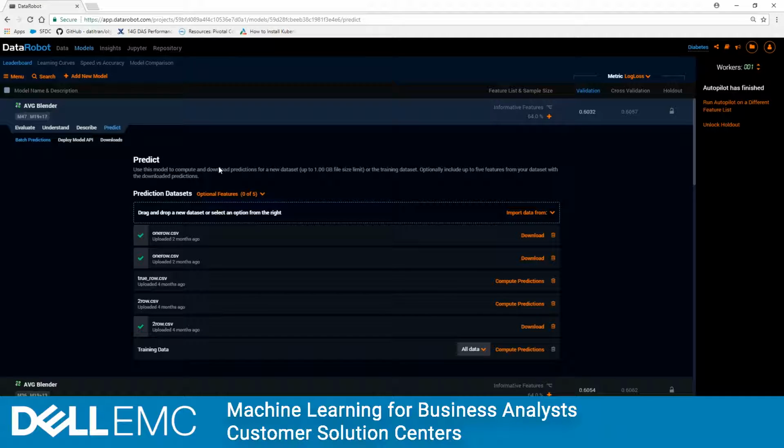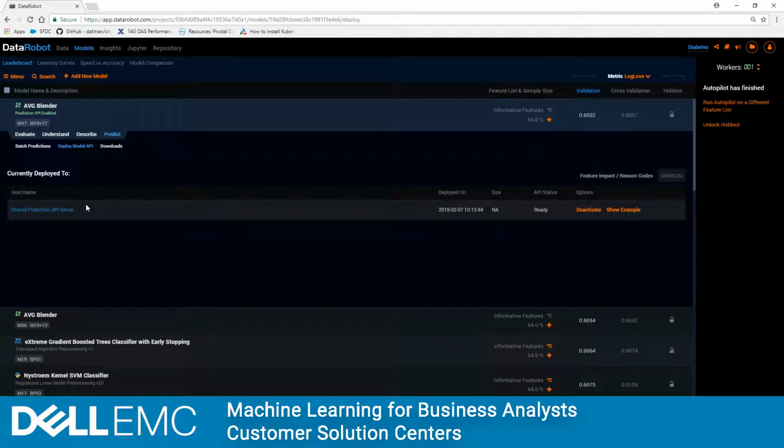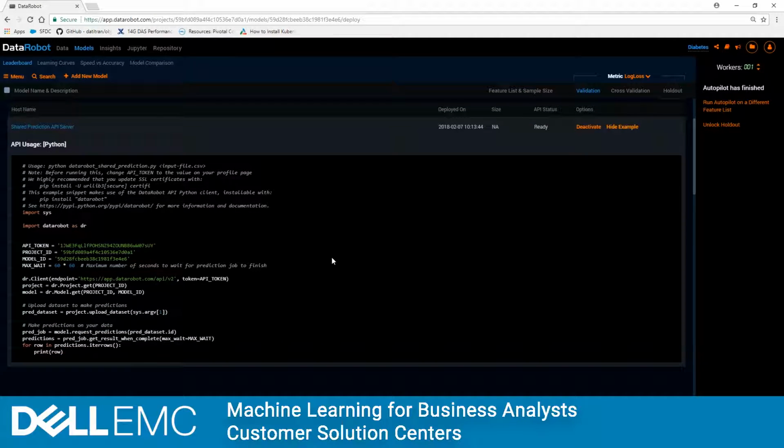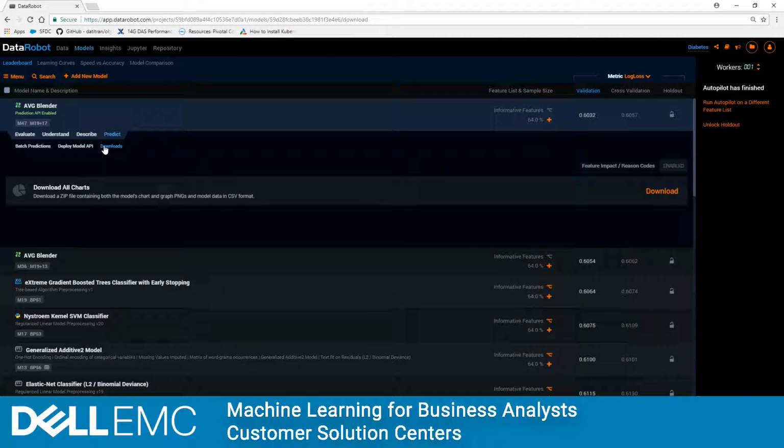Here we can start throwing new data at the model, and then here we can actually deploy that model to an API and immediately begin using it from programs externally. You see it even gives us a little sample bit of Python code that we can start throwing data at as soon as possible. This allows you to put this into production faster than any other of our traditional machine